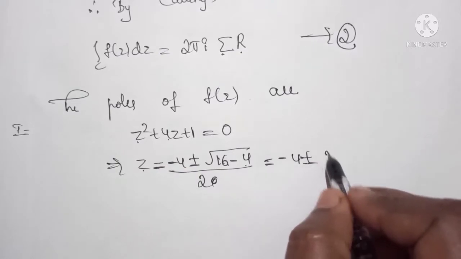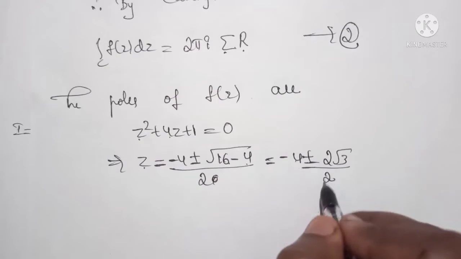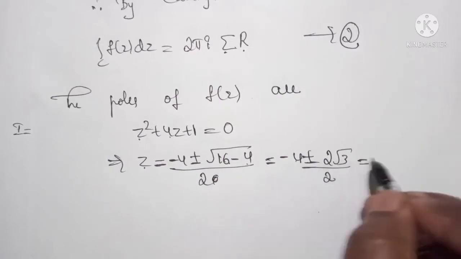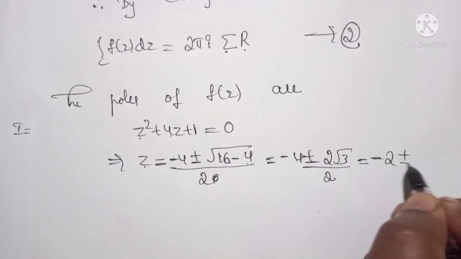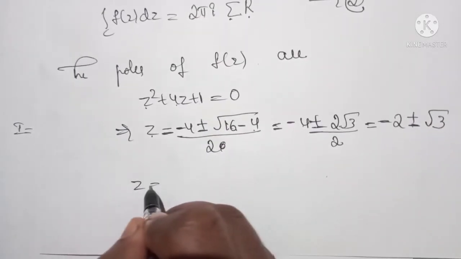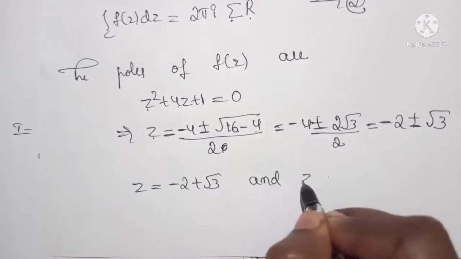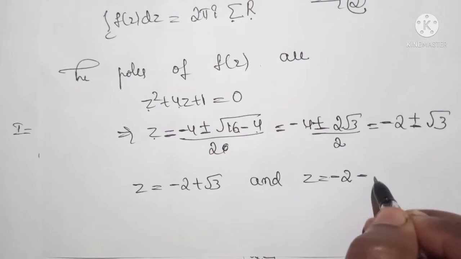That can be written as 2 root 3 divided by 2. Taking 2 outside and cancelling, we get minus 2 plus or minus root 3. Therefore z equals minus 2 plus root 3 and z equals minus 2 minus root 3